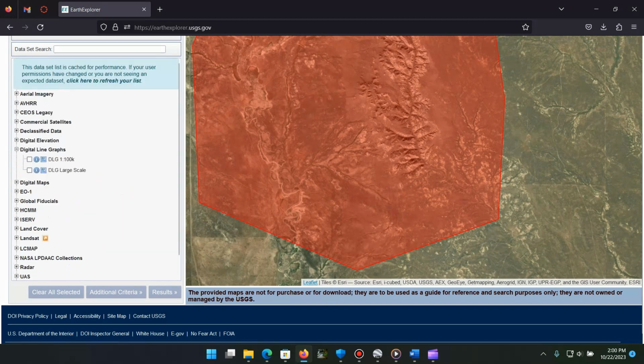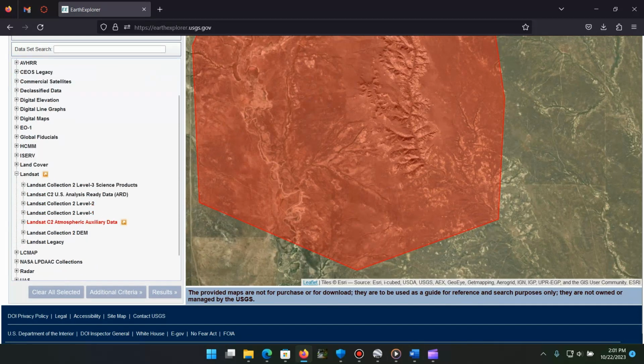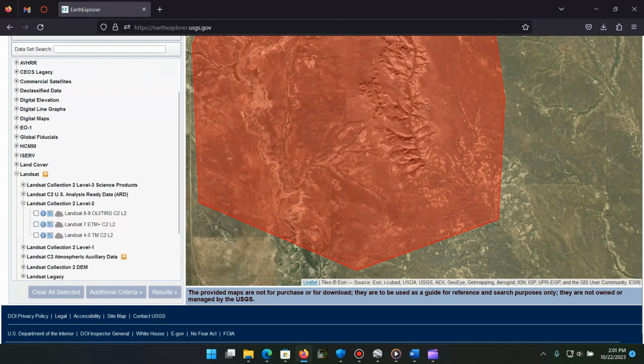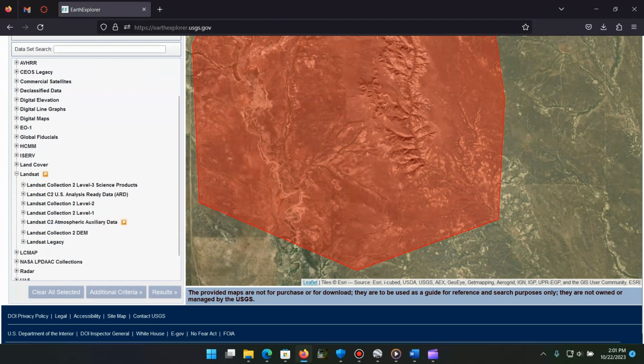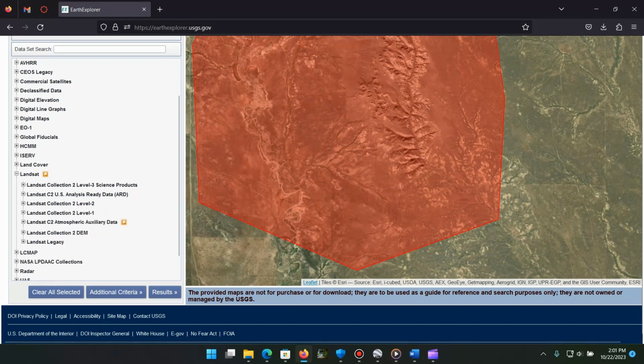Okay, so after deciding what type of data you want, that will be the data set. So let's say we want Landsat 8. Depending on the type you want, we can go for Landsat Collection 2 Level 2 or Landsat Collection 2 Level 1. It depends on the type you want. Now we want Landsat 8. Okay, so if that is selected, then